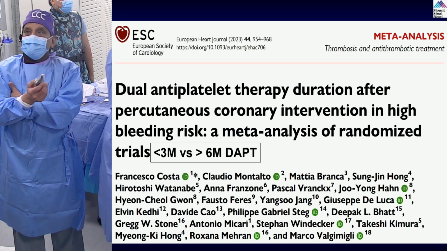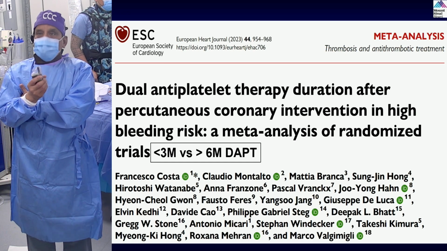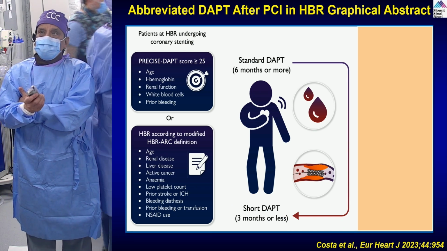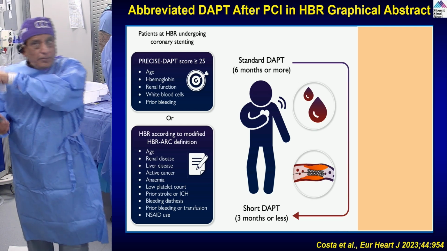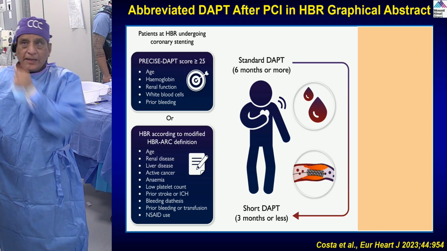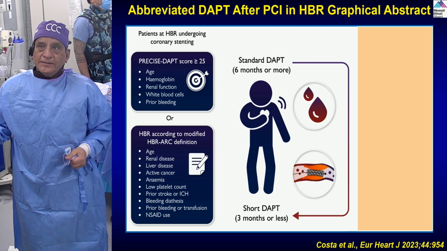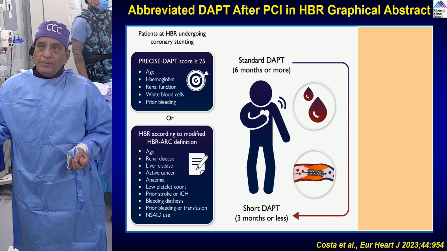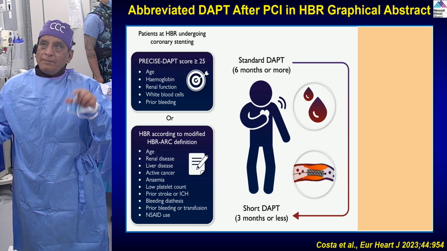The second is the dual antiplatelet therapy duration after PCI in high bleeding risk. A meta-analysis, 3 months versus 6-month DAPT, kind of an extension of the same, and they took 2 bleeding risk scores. One is the PRECISE-DAPT, which is positive if the score is more than 25, and includes age, hemoglobin, renal function, white blood cells, and prior bleeding. The other is high bleeding risk based on the ARC definition, which includes age, renal disease, liver disease, active cancer, anemia, low platelet count, prior stroke, bleeding diathesis, prior bleeding, and non-steroidal use. So they compared 1 to 3 months of DAPT with 6 months or more of